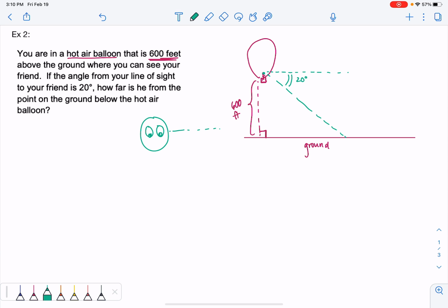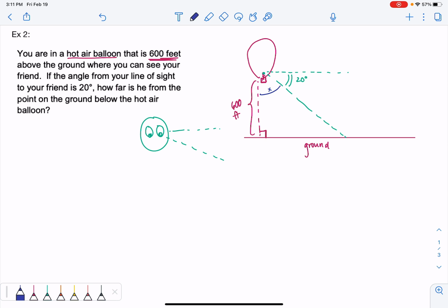The line of sight goes like this. So that's the 20 degrees. But we can find this angle. Let's call it X,